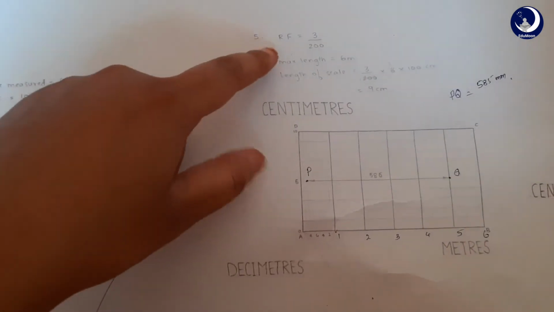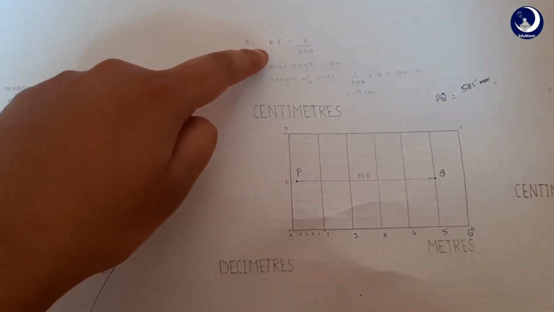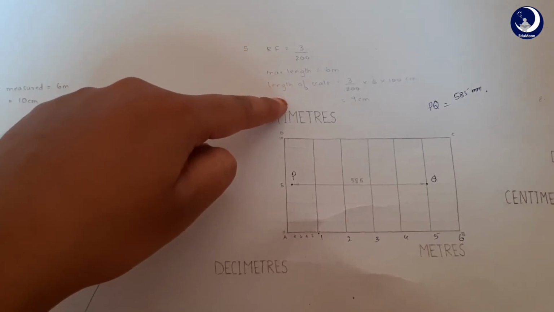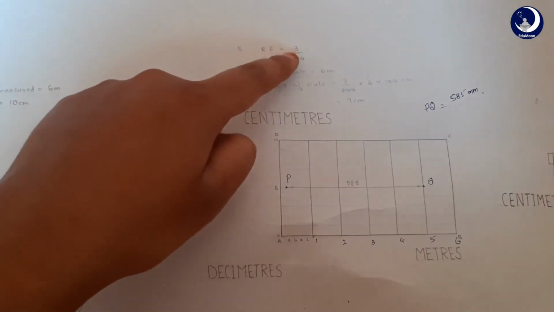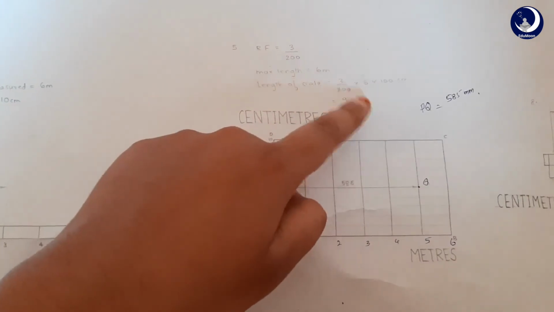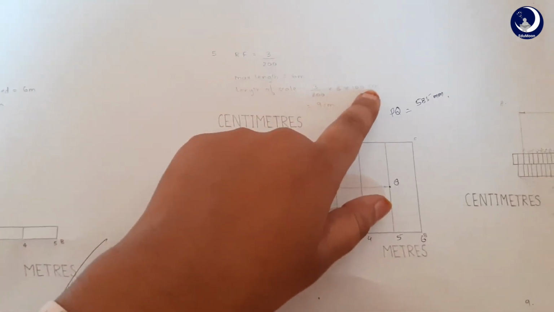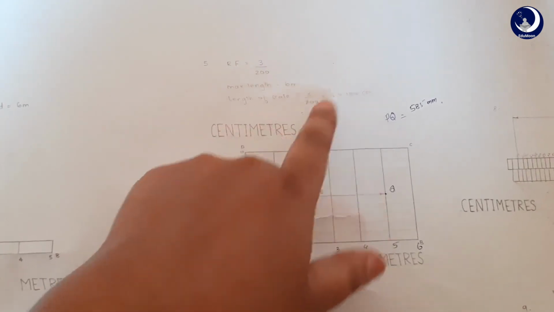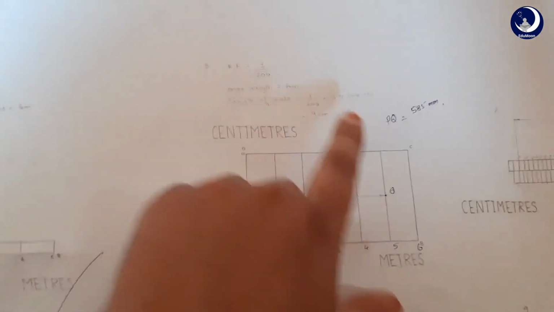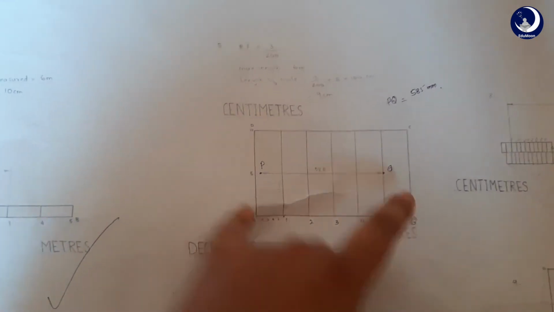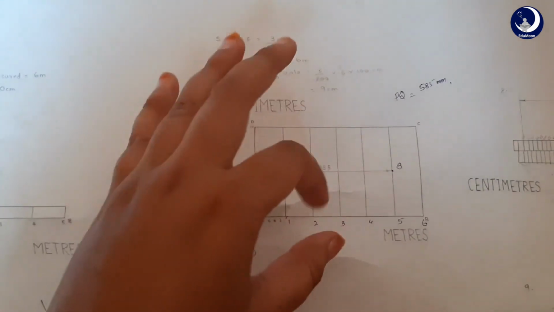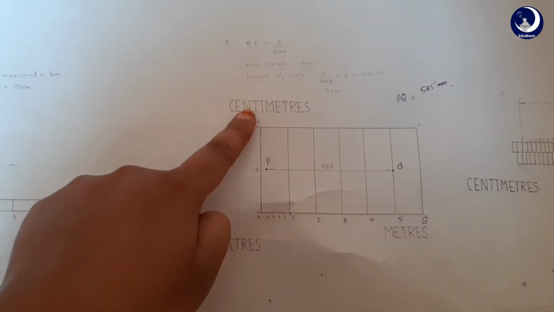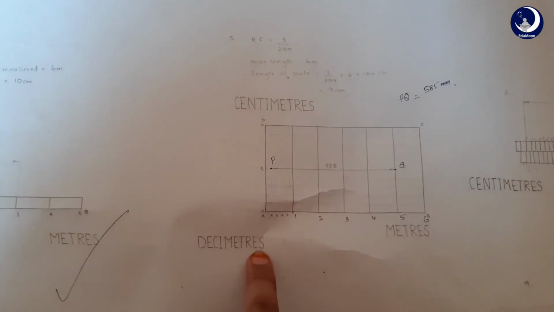So the calculations are similar, that is, the RF will be given in the question, the maximum length will be given in the question, and we have to calculate the length of the scale, that is RF into maximum length, 3 by 200 into 6. And depending on the question, you have to convert. So here this is meter, so into 100 centimeters, and we have 9 centimeters, which is the length of the scale, that is this. So now in diagonal scales, we are representing 3 dimensions, not 2 dimensions. So that is, in this question, it is centimeters, meters, and decimeters.